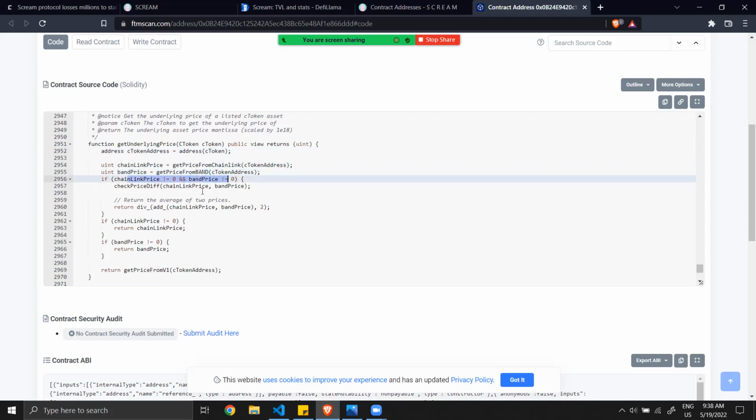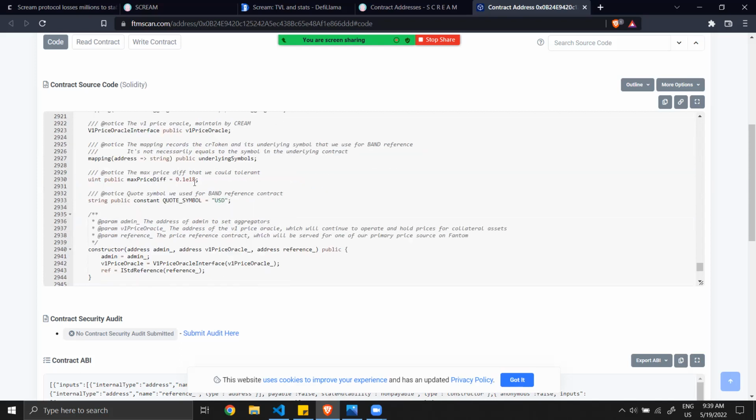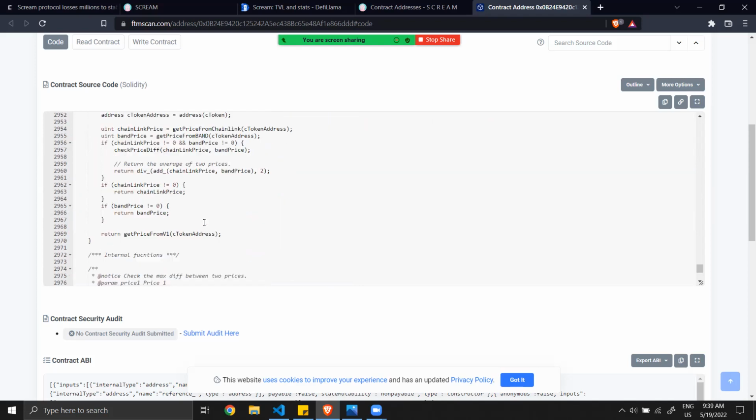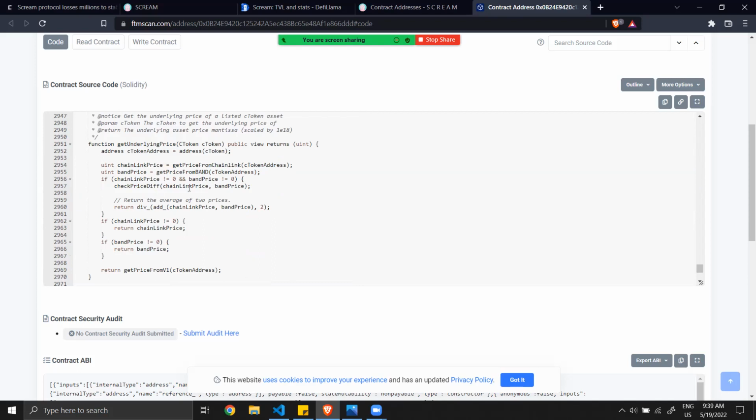If both are different from 0, they check if there is a huge difference between them or not. The difference threshold is 10%. You can see it here. If the difference is not too huge, they will return the average between these 2 prices.